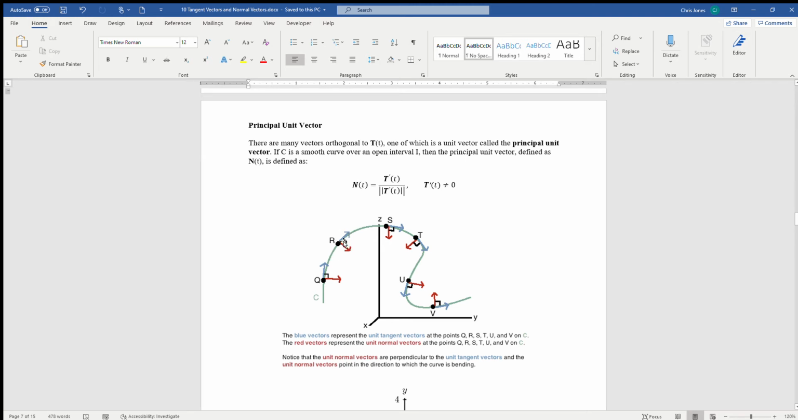Okay, so you might remember projection and components. So that could be an application of that. But regardless, all we're going to do is worry about computing these. And so let's say we have a smooth curve on an open interval. N of t is going to be the principal unit vector, and it's defined as the derivative of the unit tangent vector divided by the magnitude of the unit tangent vector. And you can see that this might be a little bit more difficult to work with just because of the